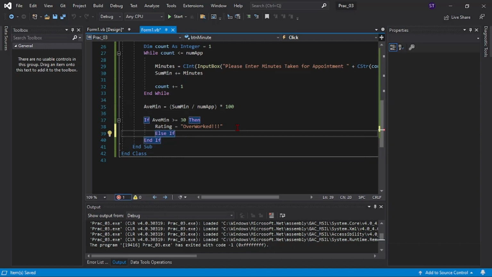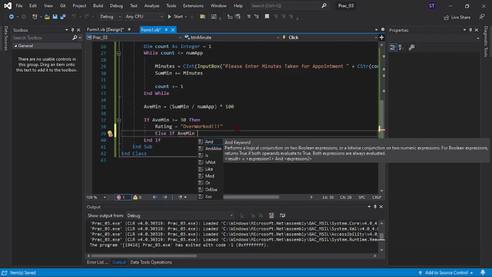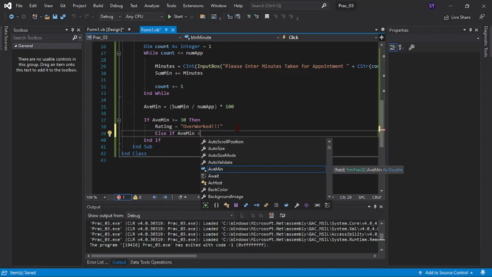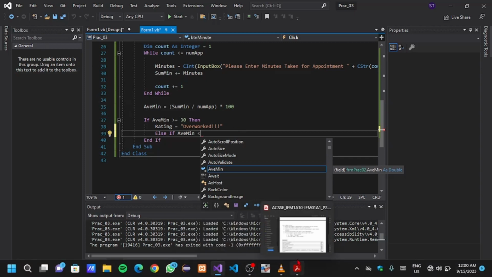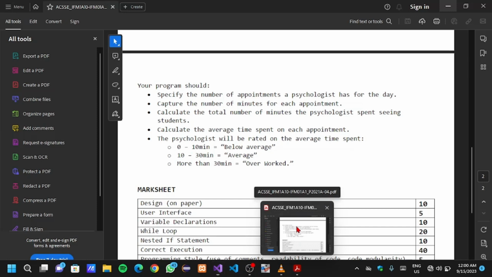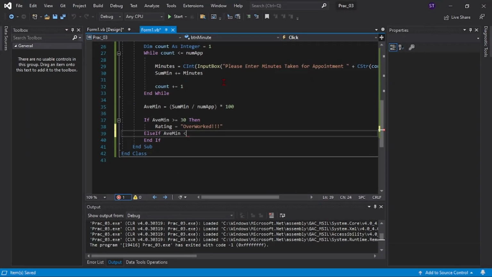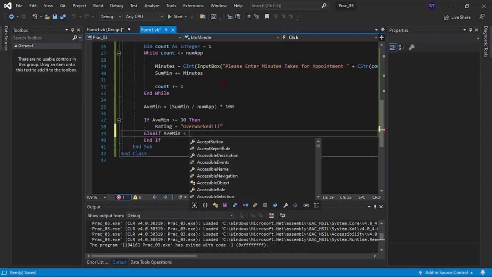Else if... greater. So we're only catering for what about when it's less than 0? What about when it's less than 0? Below average, let's just cater for when it's less than 0, even though we know that the average can't be less than 0. But yeah, otherwise when it's less than 10,